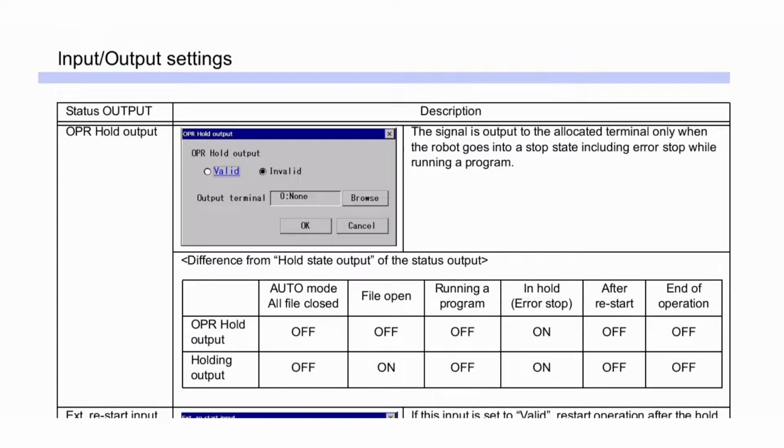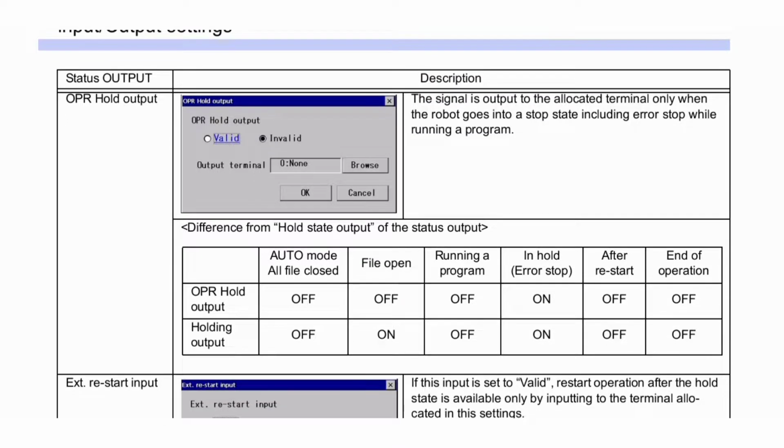Status output and its description. First is OPR hold output and its image is given here. OPR hold output: valid, invalid; output terminal 0, none; browse, OK, cancel. The signal is output to the allocated terminal only when the robot goes into a stop state, including error stop,